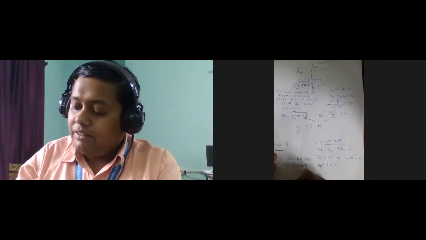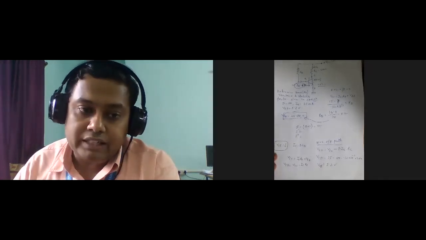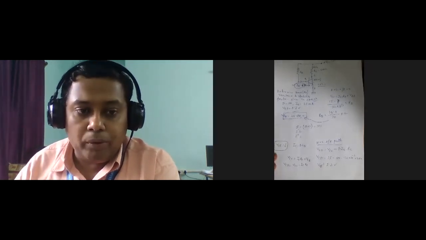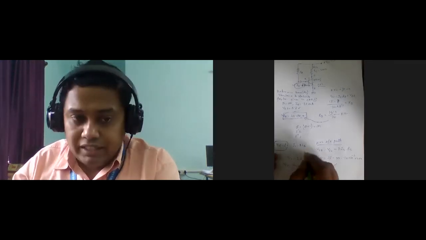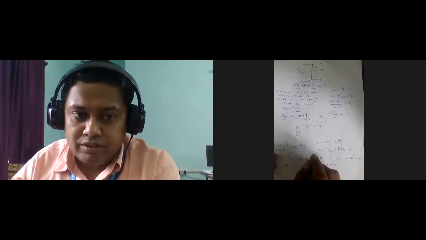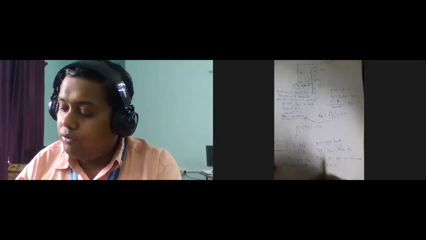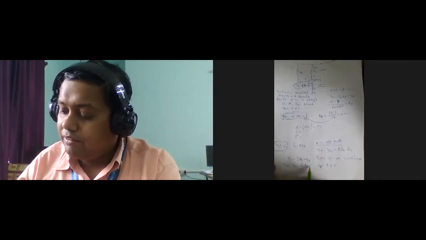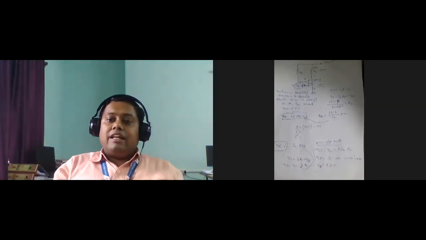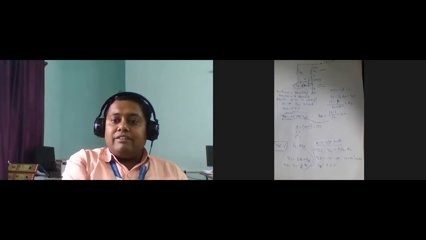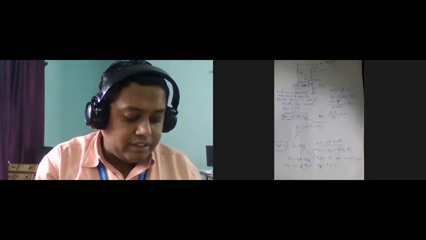What is IC? IC equal to beta IB for the common emitter mode configuration. The current gain in common emitter mode, that is beta or HFE, was already defined in the last day. We also consider that the reverse saturation current ICO is very small with respect to the base current. So we can substitute the value of IC over here, then we will get this equation, and that is how we get the final required output. This type of numerical problem is very interesting for your exam.